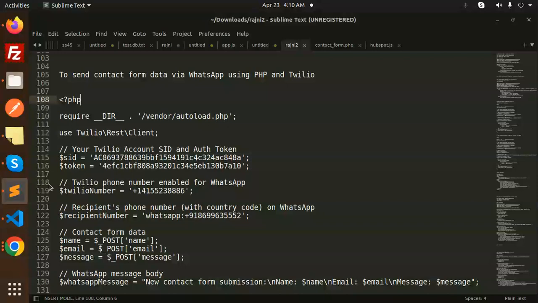Today we are going to learn how to send the contact form data via WhatsApp using PHP and